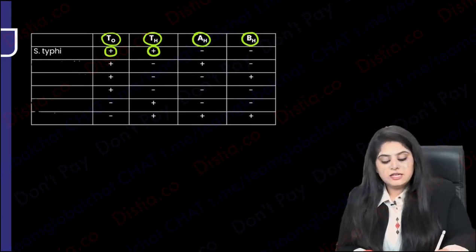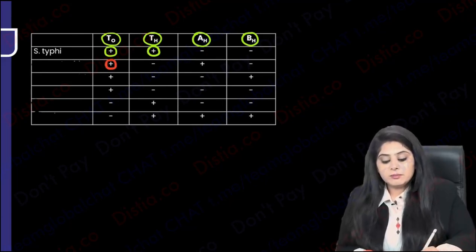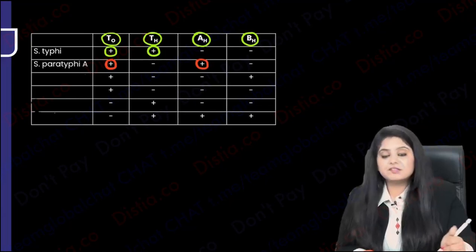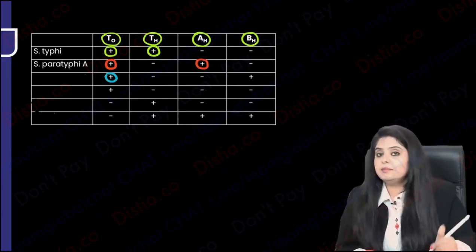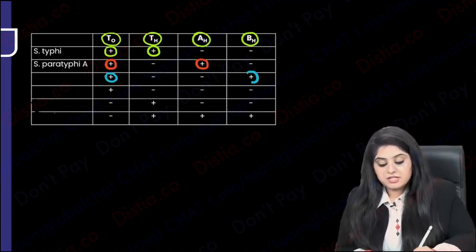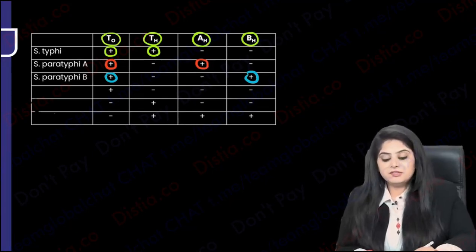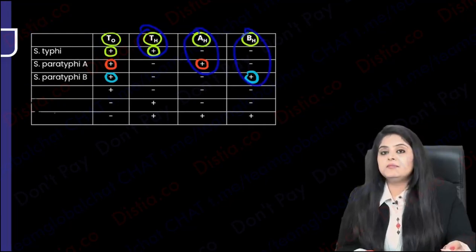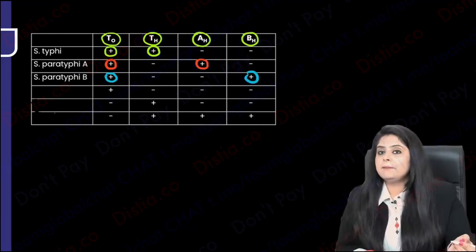Let's look at the next. Over here, O antigen reaction has come, so it is typhoid. But the H antigen has come for paratyphi A. This means which strain is this? This is paratyphi A. Next, the O antigen reaction has come, typhoid for sure, but this time the flagellar antigen for paratyphi B has come. So the answer is paratyphi B. So I realize the O antigen will come in all because it's common. Where has the flagellar antigen come? That will give me the diagnosis on whether it is typhi, paratyphi A or paratyphi B.